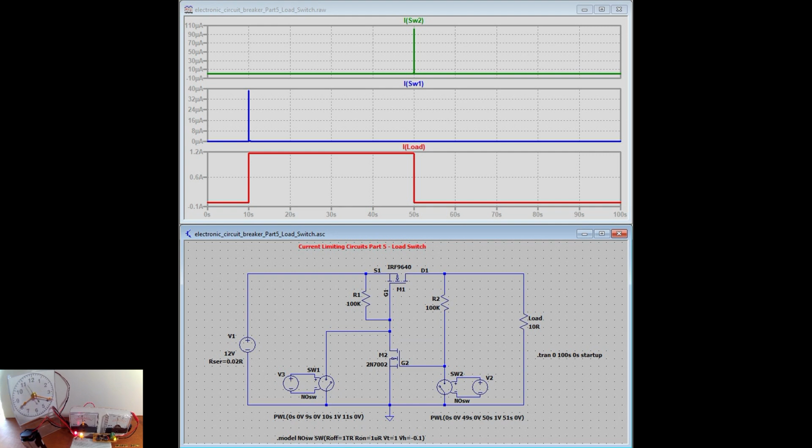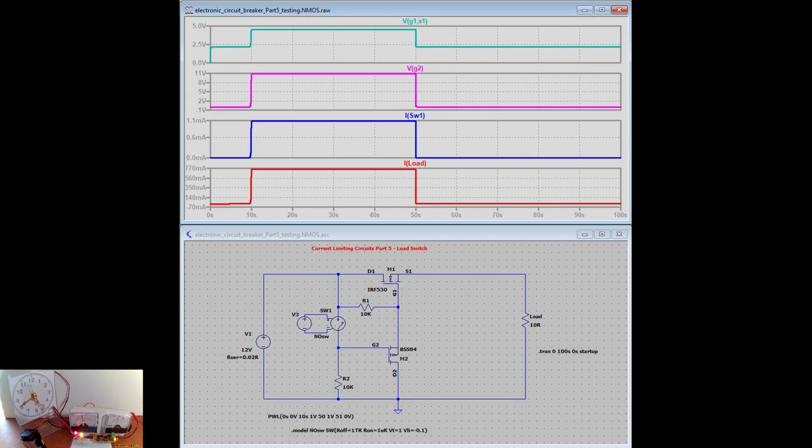An N-channel MOSFET pass transistor has the advantage over a P-channel due to a lower RDS on, resulting in higher currents and lower drop out of the drain to source voltage, consequently lower power loss and lower MOSFET heating. When using an N-channel MOSFET pass transistor in a load switch, the drain is connected to the power supply and the source is connected to the load. In order for the N-channel MOSFET to fully turn on, the gate-to-source voltage must be greater than the gate threshold